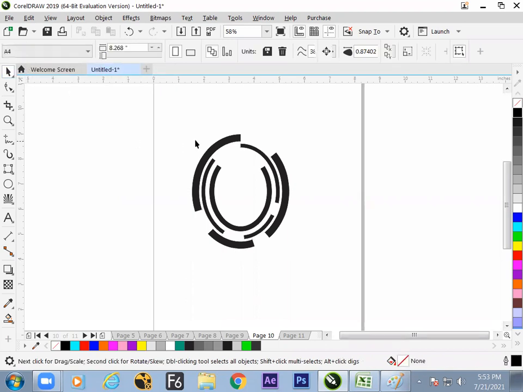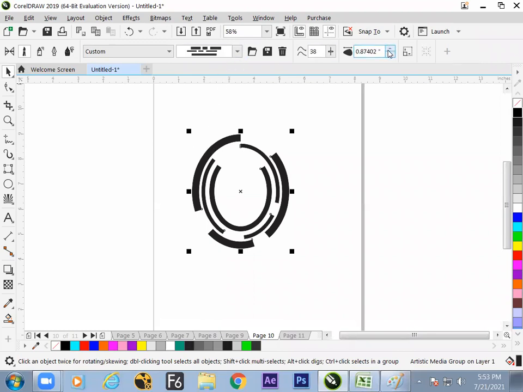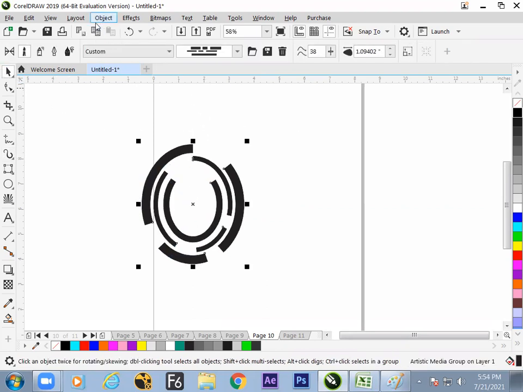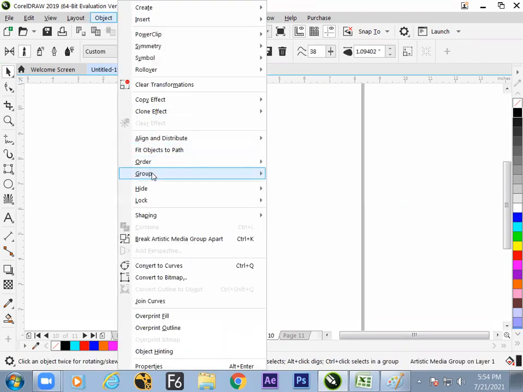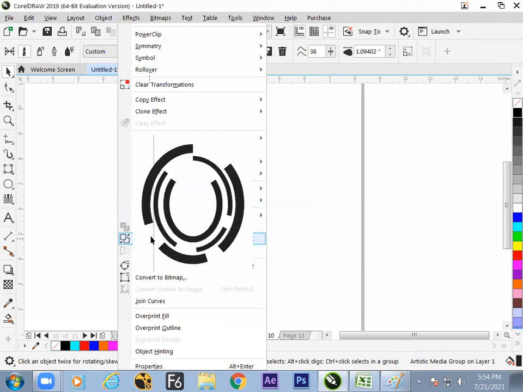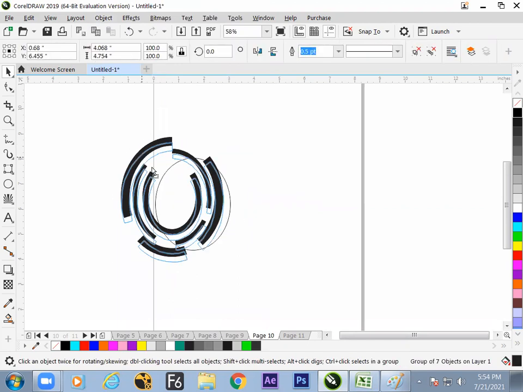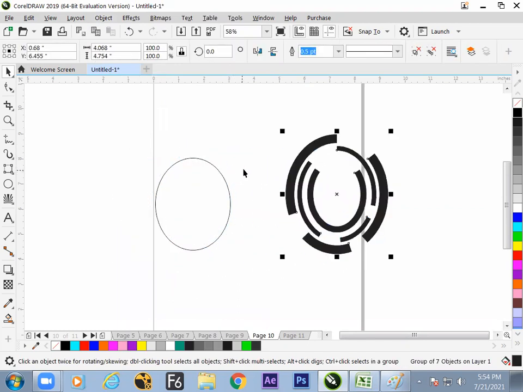So then, if we wish to continue with the thickness, it's okay, or else we can raise it up. Or else if you need to break them and change the color, yes, object, break artistic media group apart. And then, yes, still it is there in a group.